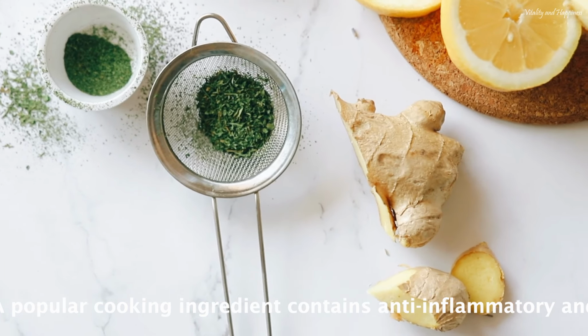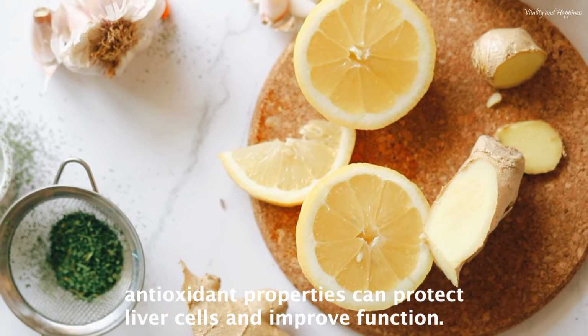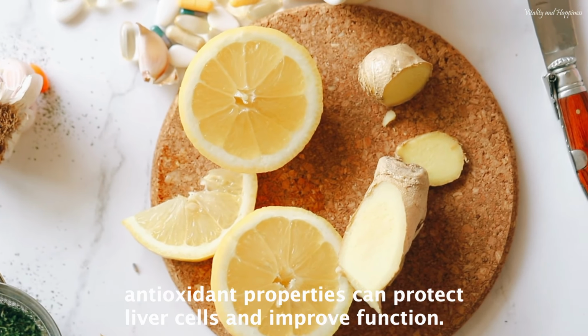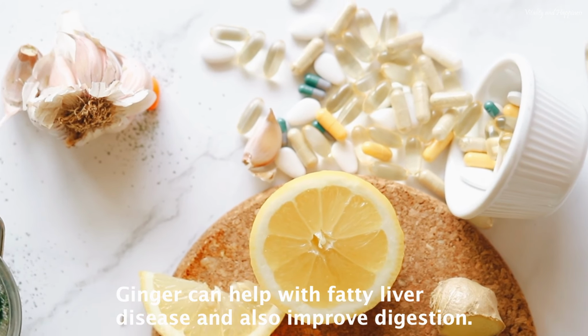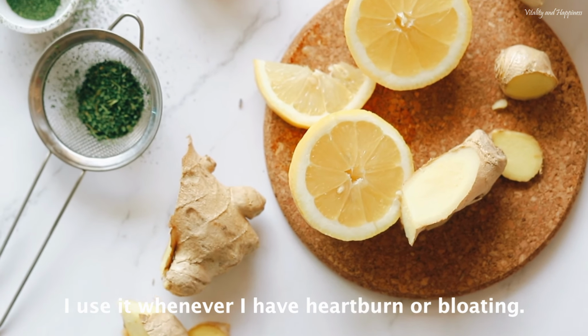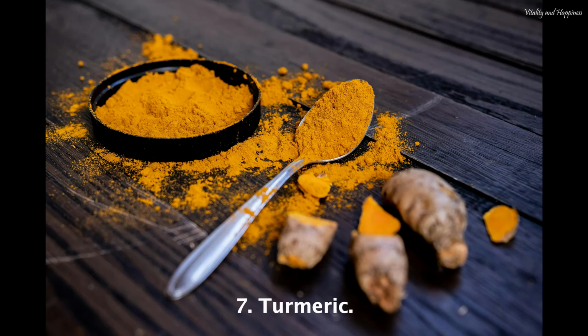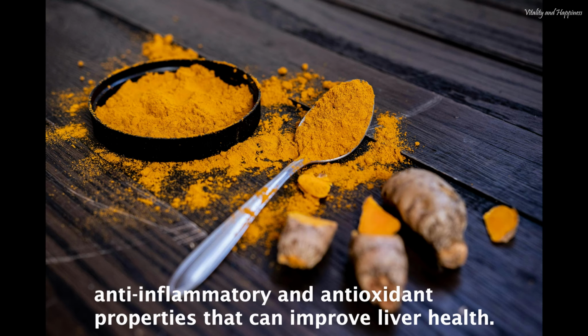Number 6. Ginger. A popular cooking ingredient, it contains anti-inflammatory and antioxidant properties and can protect liver cells and improve function. Ginger can reduce free radical levels and improve the liver. Ginger can help with fatty liver disease and also improve digestion. I use it whenever I have heartburn or bloating. Number 7. Turmeric. A popular cooking spice, it contains curcumin, a compound with anti-inflammatory and antioxidant properties that can improve liver